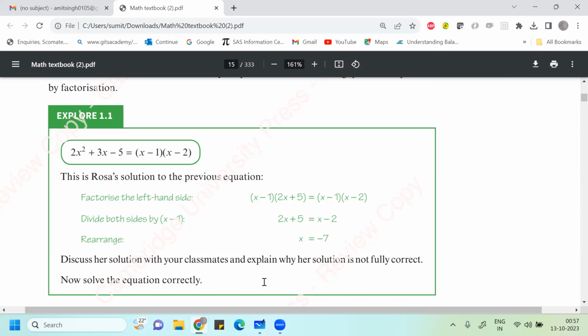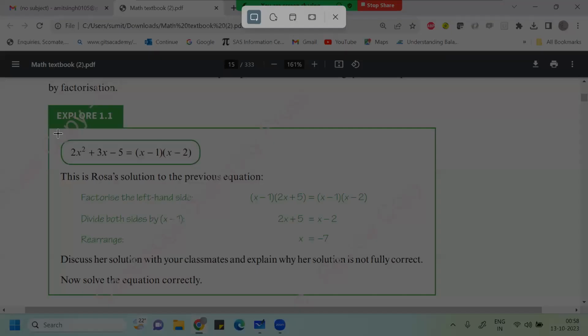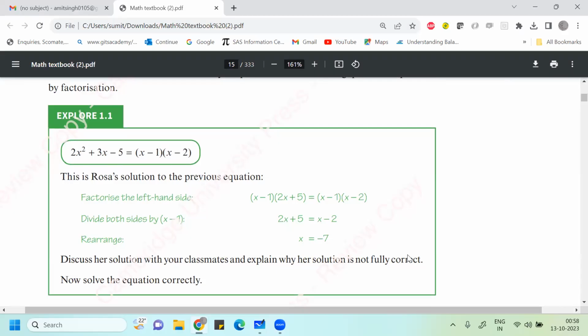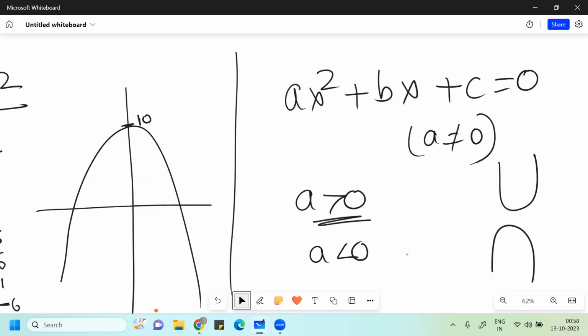That means that if I substitute -7 in this equation, my LHS should be equal to RHS. So if I put x equal to -7, you notice your LHS is not equal to your RHS. So that way you can say that this is not the correct way of doing the question. So imagine